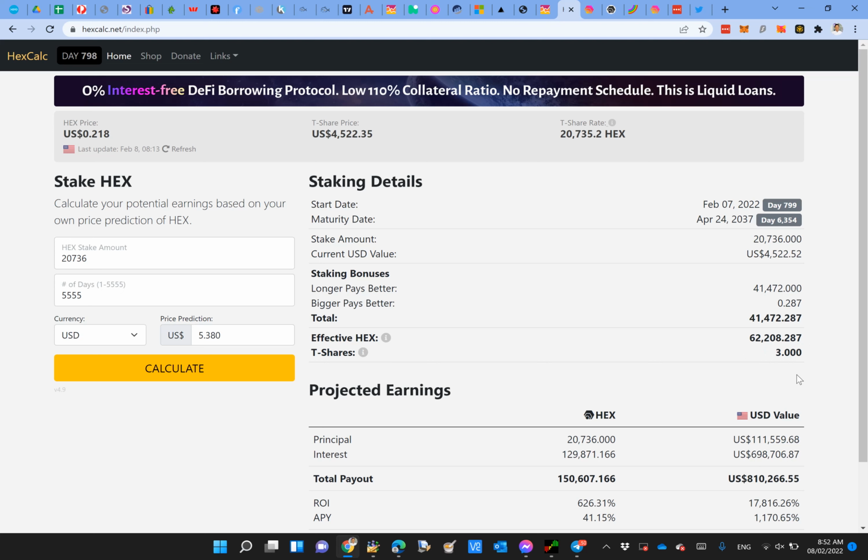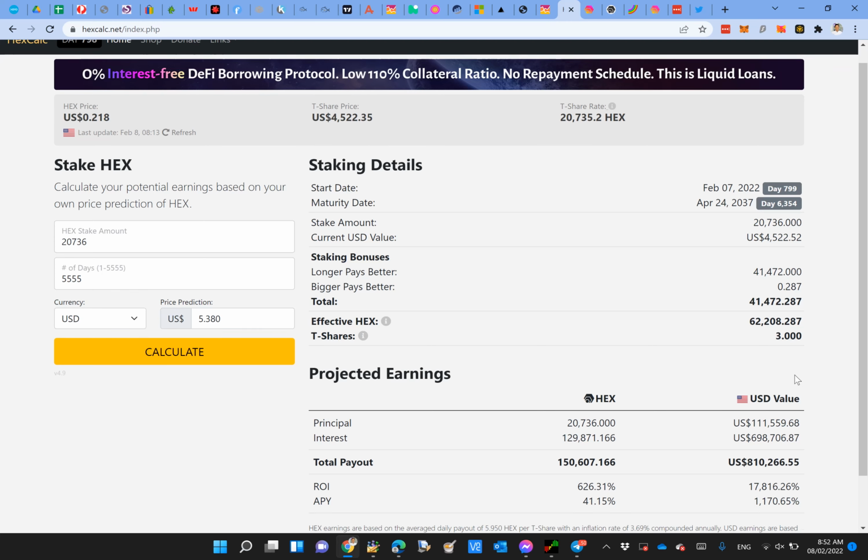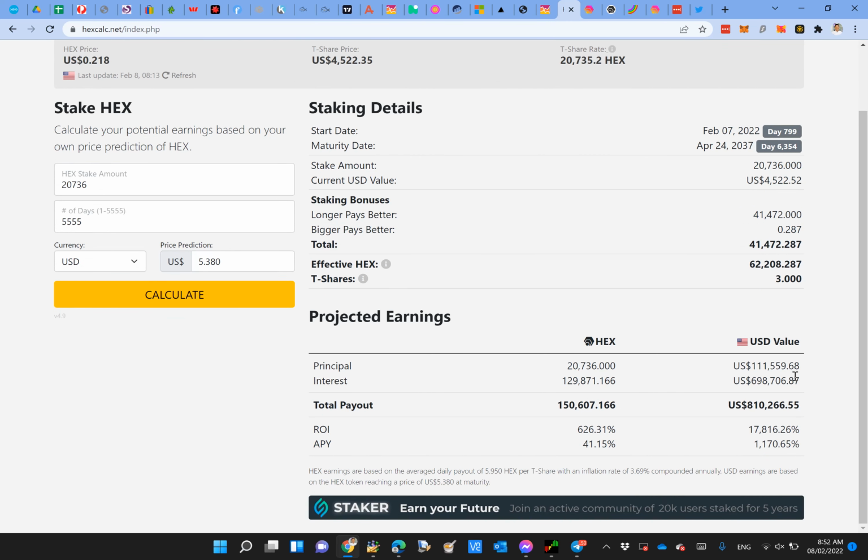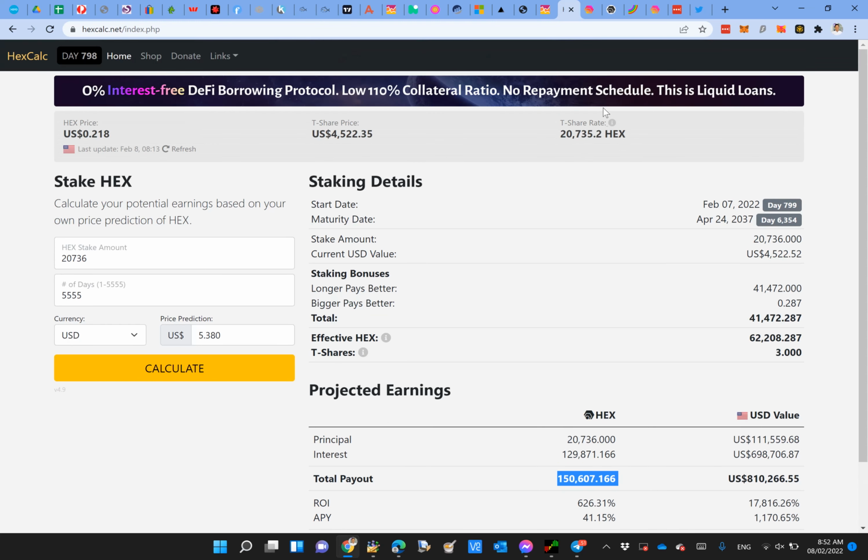Now, why would you do 15 years instead of 10? The reason is because the person who finished their stake at year 10, if they want to get back in, they're not going to get 3 T-share anymore. Even if they take out the principal and the interest and put it all back in for the next 5 years, they're not going to buy 3 T-share, because the T-share rate is always going up. That's why it's good to lock it up as long as you can,